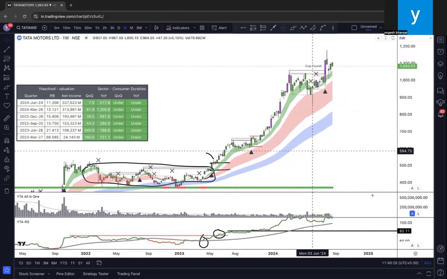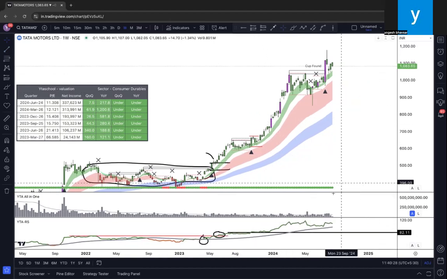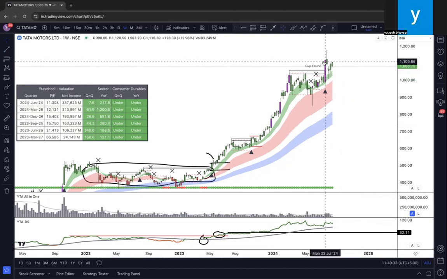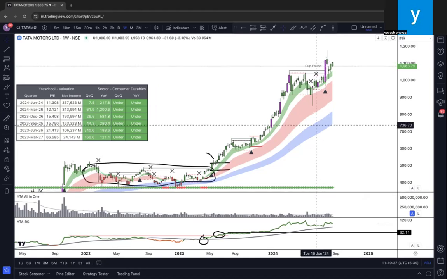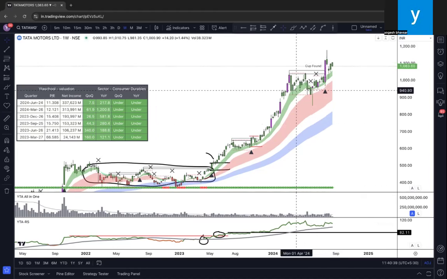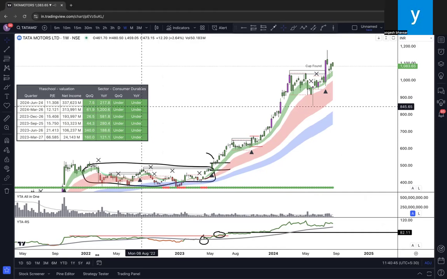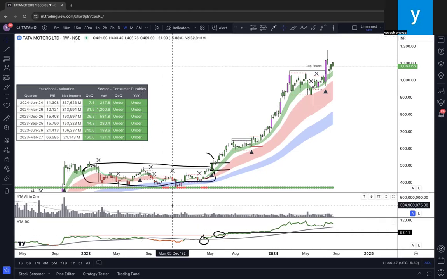Going up, up. Now, if you see, there is again no volumes. There is a breakout. Now, do I want to buy this breakout or not? This is still green. Candles are green. The channel, the cloud is green, red above blue. This is still undervalued. I want to keep compounding good stock.